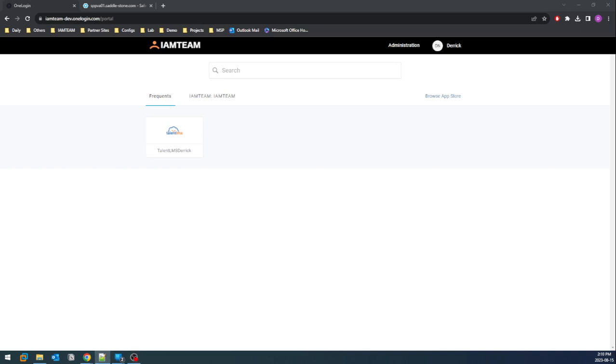Good day everyone. In this video, we will add OneLogin MFA as a secondary authentication for users of One Identity Safeguard for Privileged Passwords or SPP. For this configuration, you should have a OneLogin tenant. Let's head on over to OneLogin and go to Administration,